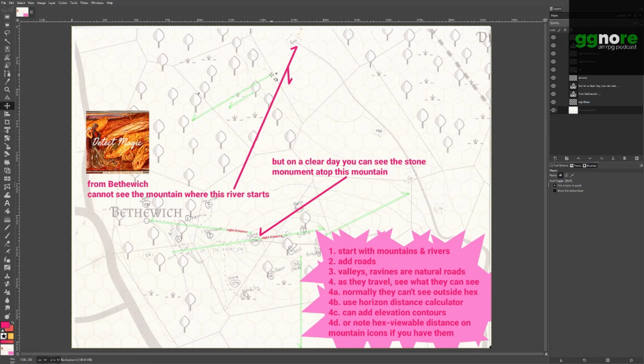If I trace from here in the north on the edge of the 6 hex visible area, I can go 6 hexes out and I can see, okay, from this boundary here, the player characters are going to be able to see that there is a mountain here. And as they get closer, they can see the foothills. And that's just a smaller line drawn out from the 4 and 2 hex visible areas. So it works. It totally works.